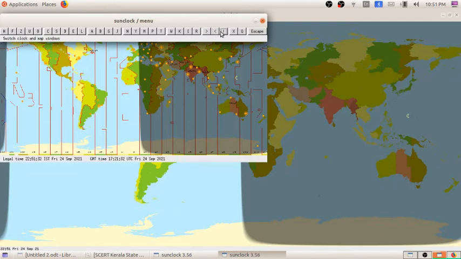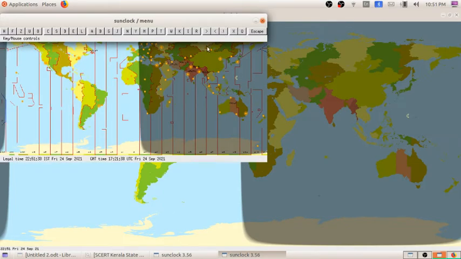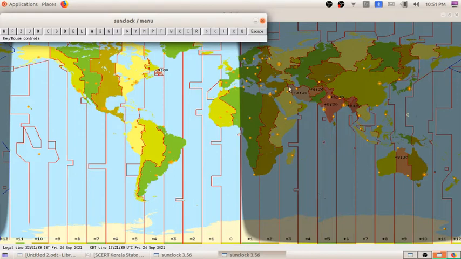We will wait for it to come as minimize. Okay, so now we got that. Here you can see the different time zones. The red lines denote the different time zones.